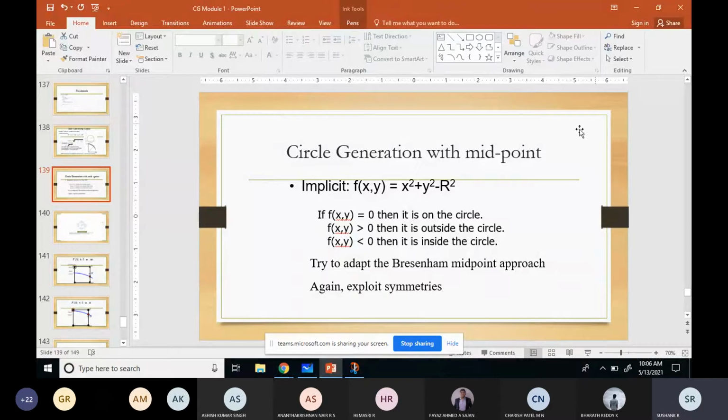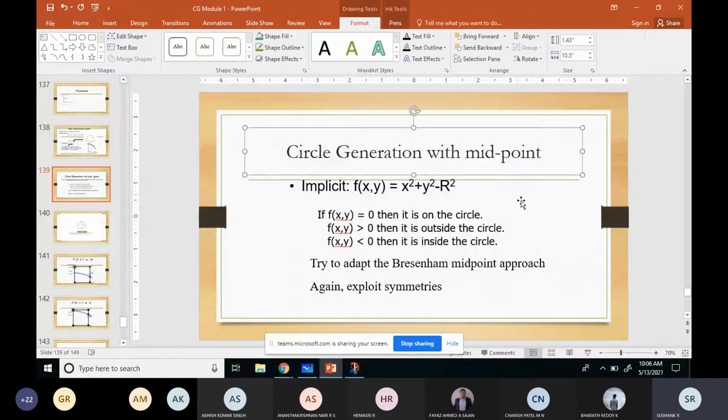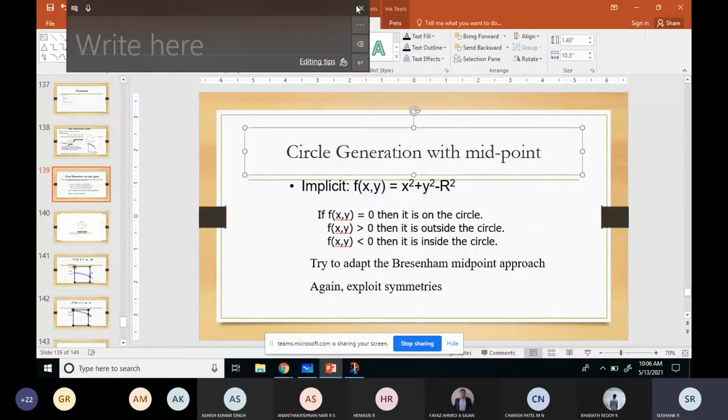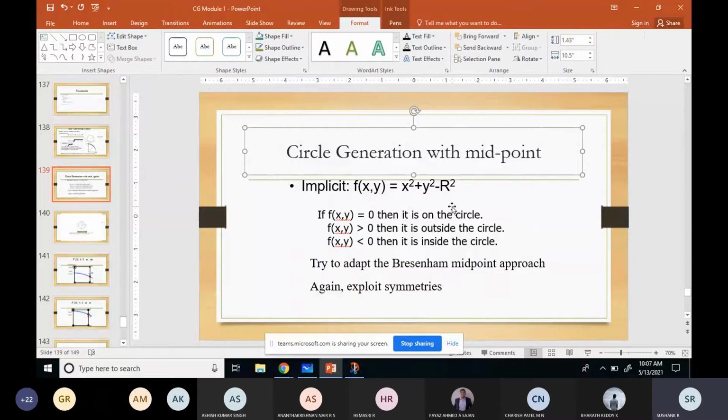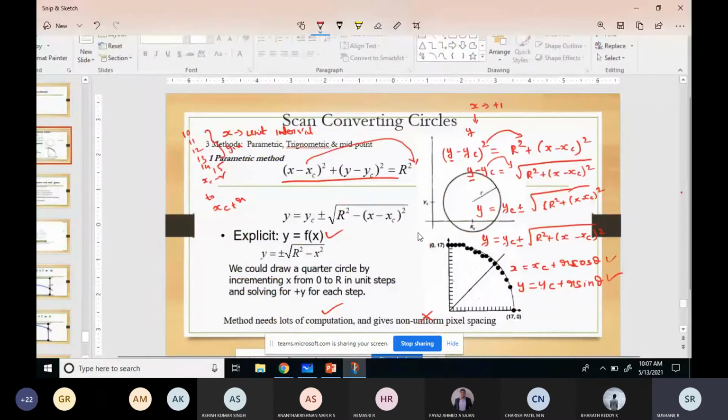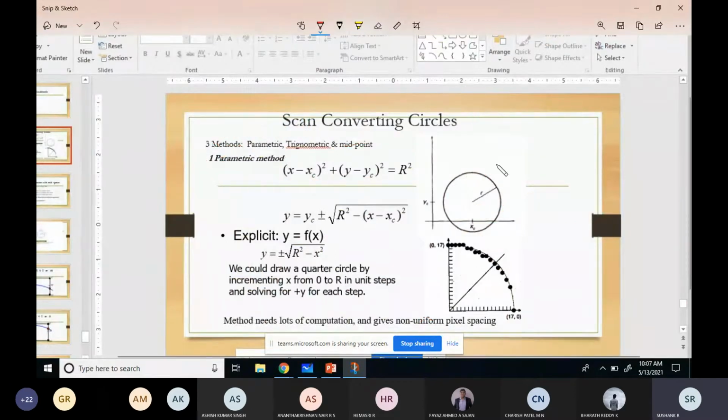So here there will be one circle. I'll just take an example of this only. So here also there will be one circle, and one point will be there. The idea remains same as with the line. So there it was line and here it will be curve. See here, one pixel will be there.